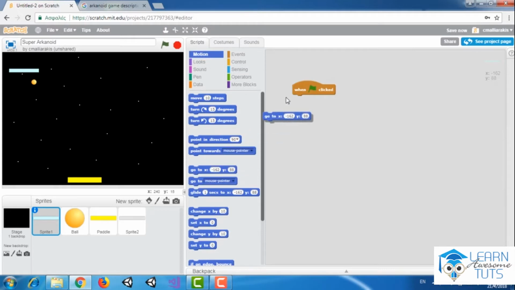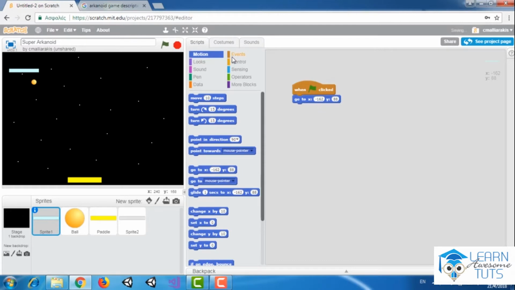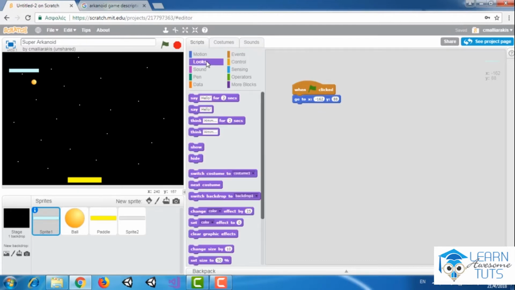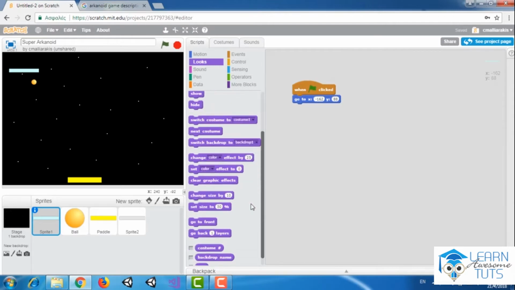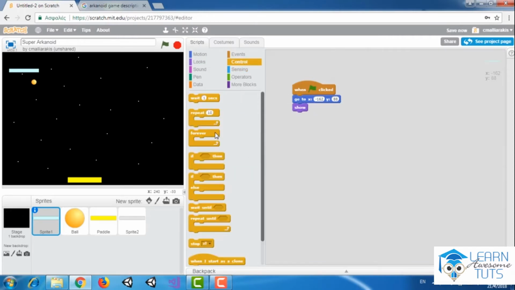So I will choose this command, and actually I would like to make it appear, because I will then make it disappear when it hits the ball. So I will make it be shown, and what I would like is forever. If the brick touches the ball,